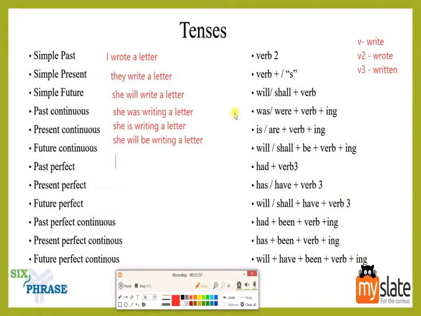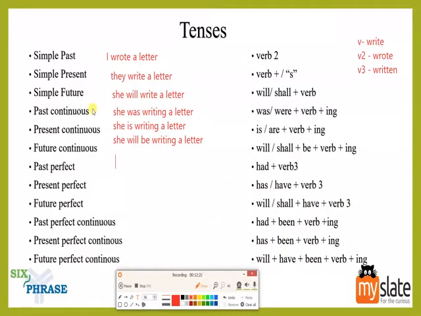Past perfect means some action which has been completed in the past. Present perfect, some action which has been completed right now, right? It has not been completed very early in the past. It has been completed right now, but it has been done. Future perfect, something will be done, right? You get that, right? Okay. You also have to note that in future perfect tense there is no be form verb. Okay, so let's talk about past perfect.